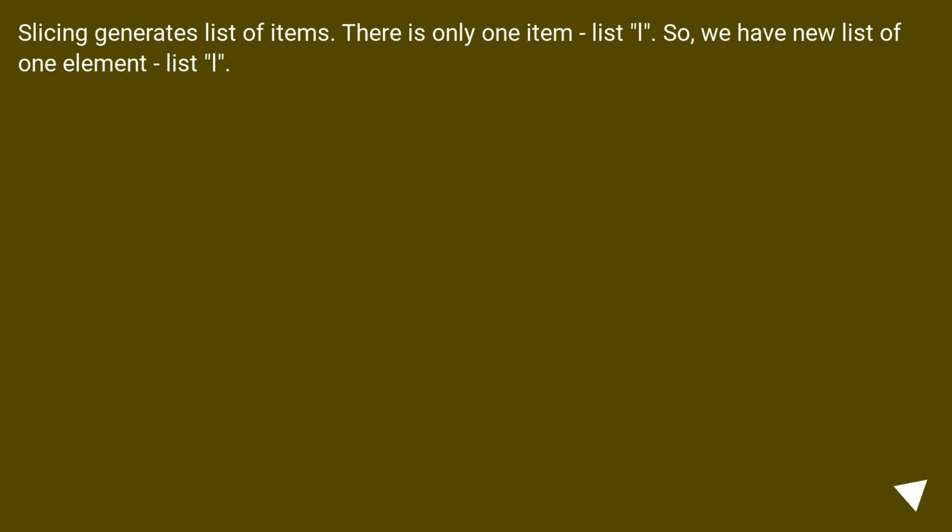Slicing generates a list of items. There is only one item, list L. So, we have a new list of one element, list L. E for element 0 equals list